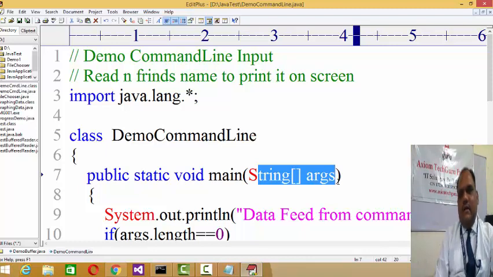In a similar manner, in case of parameterized main and command line arguments, whatever data you input from the command line will be assigned to the array of strings. Because in a command line argument you can't say that input will be only integer or only float, you can assign any type of data. So in case of buffered reader readLine, or even command line arguments, the inputted data will be assigned to the array of strings. Hope you got the things clear.